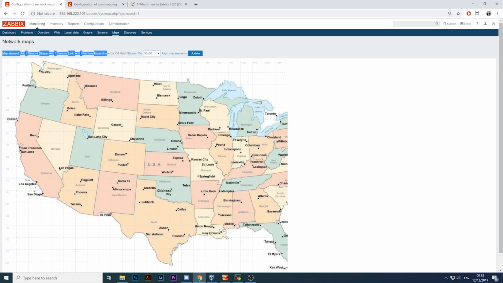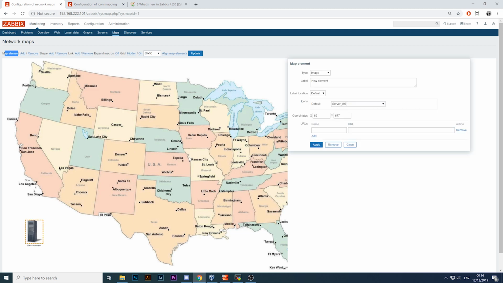So see, there's not so many things we can do. So map element, add or remove, shape, link, and basically that's it. So expand macros, we'll get to it, and the grid, well, just this. Yeah, we can leave it off. What else? So let's start adding a map element. When you click the add button, a new element is added, and when you double click on it, you can